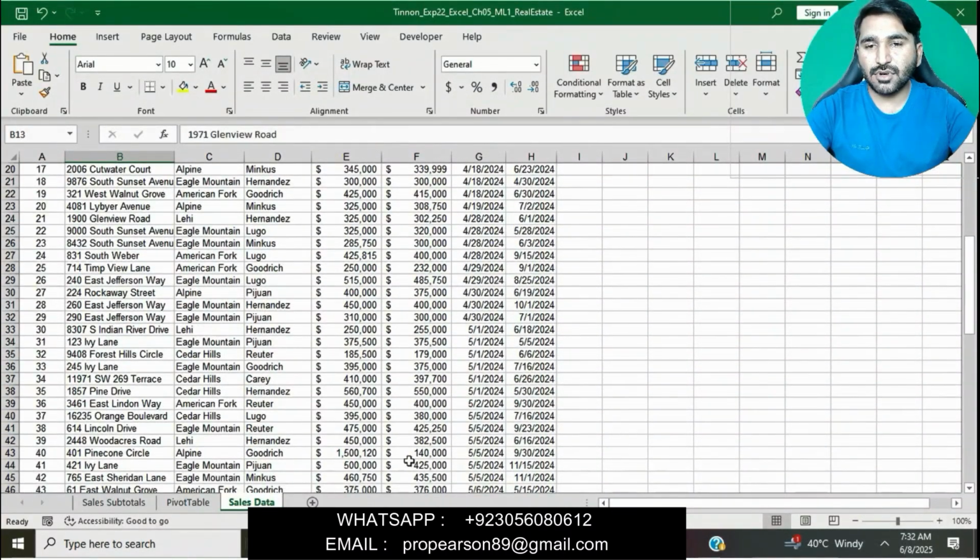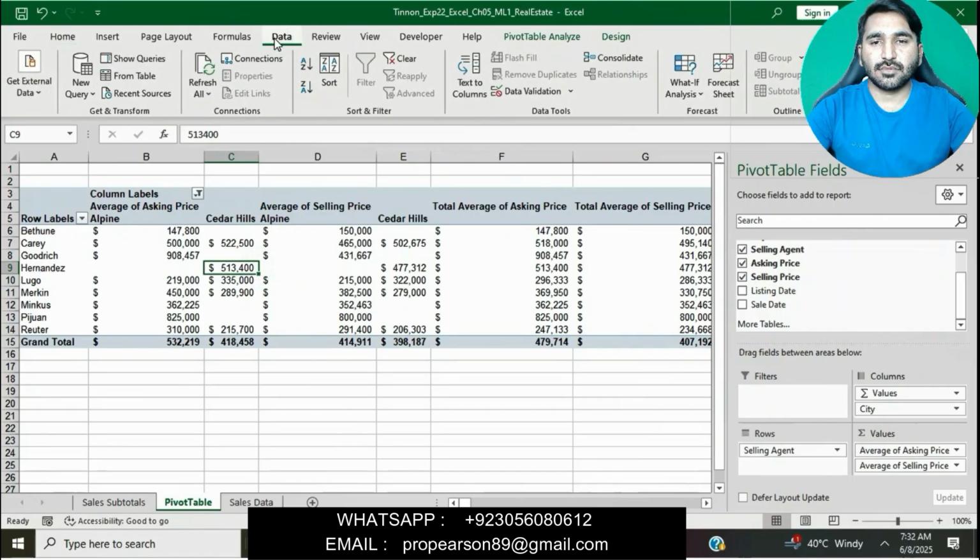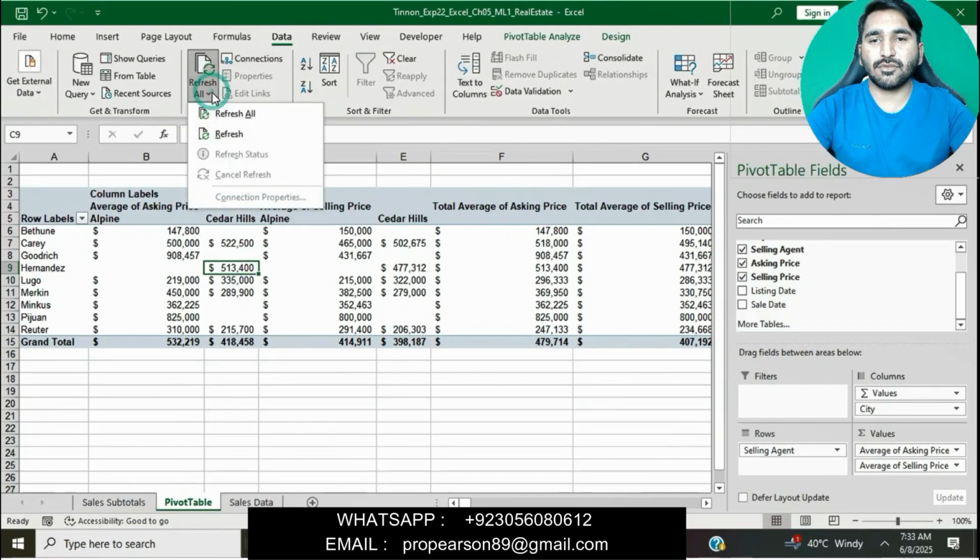Here is number 40, and we will change 140 to 140 lakh. This is good now. Now go to the Data tab and refresh the pivot table. Refresh All.